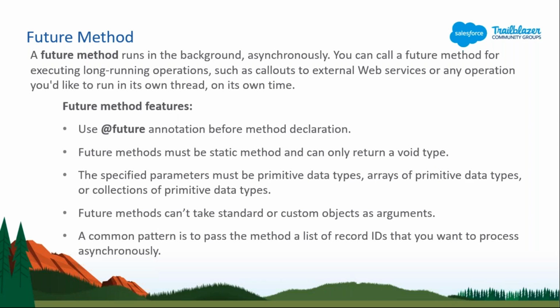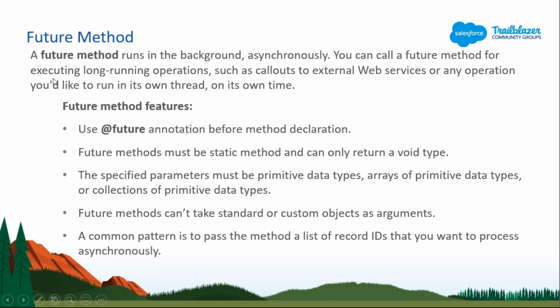So we are connected with that, and we will simply use this future method to run that transaction in the background. Because what happens is, when we use web services and we are not using this future method or batch classes or schedulable classes, then the transaction will be performed in front of us, and it can take more time based on the connectivity of the external resources, or how much data you are giving or fetching from external resources. So that depends on those, and it takes time.